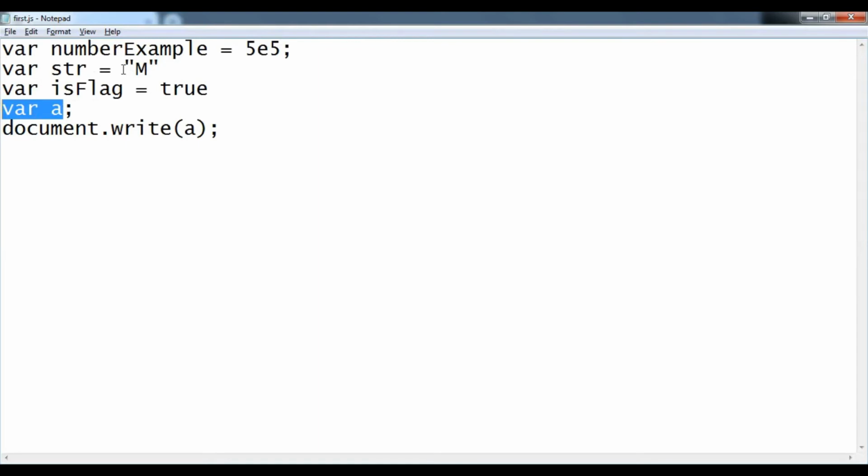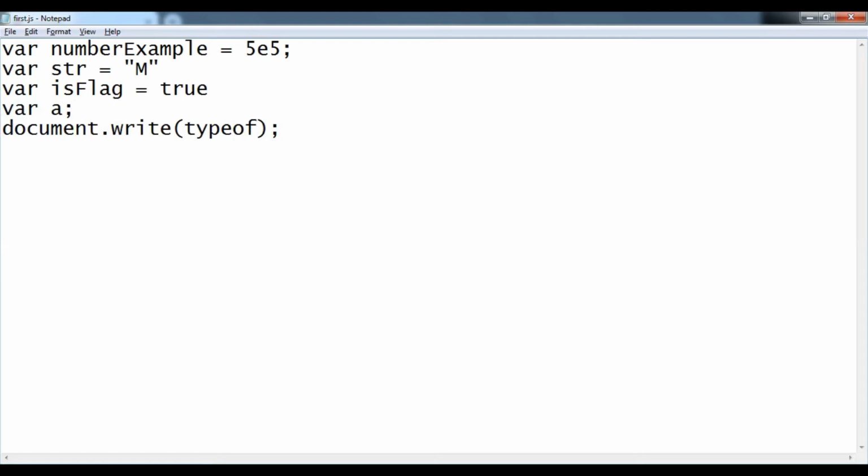There is this operator named typeof, using which you can see the type of any variable. Okay, so let me put this number example here with typeof. It should give me output as number.